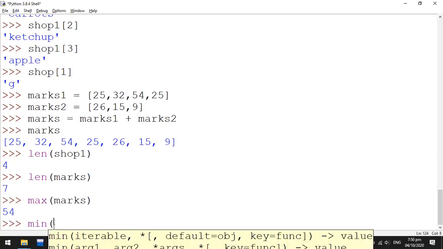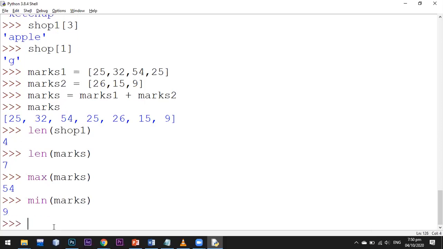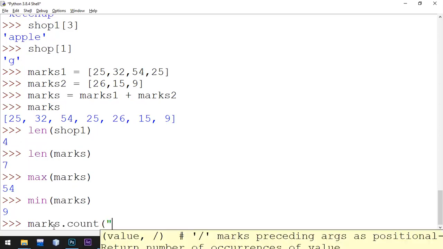That will give me the minimum number. And I want to check how many times there is, like marks dot count, and I want to count 15 there. How many times is 15 there?